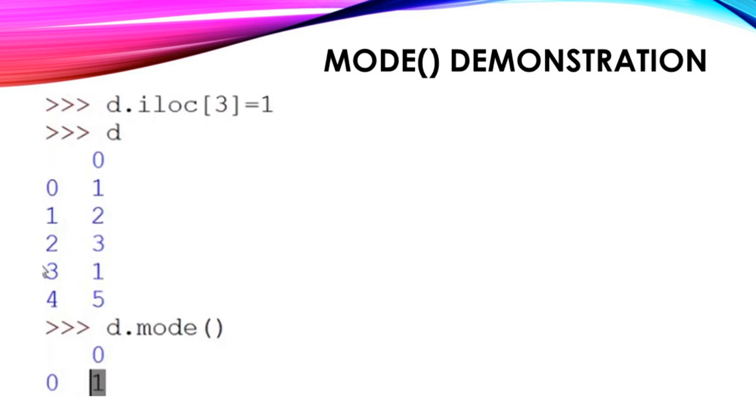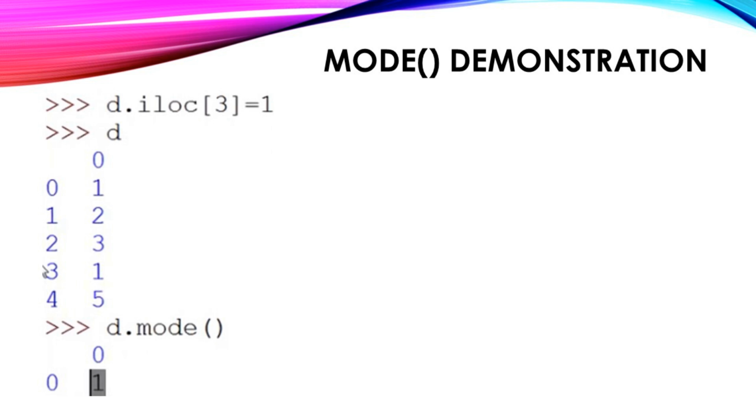Now here I am going to change the value of one element. To change the value I am going to use the syntax d.iloc in bracket 3 equals 1. It means the value of the third index will change to 1. Now as I have two elements that have value 1, one on index 0 and one on index 3, if I want to find the mode, I'm going to use the mode function d.mode. It will give me output as 1 because 1 is repeated the maximum number of times, that is, the frequency of 1 is more